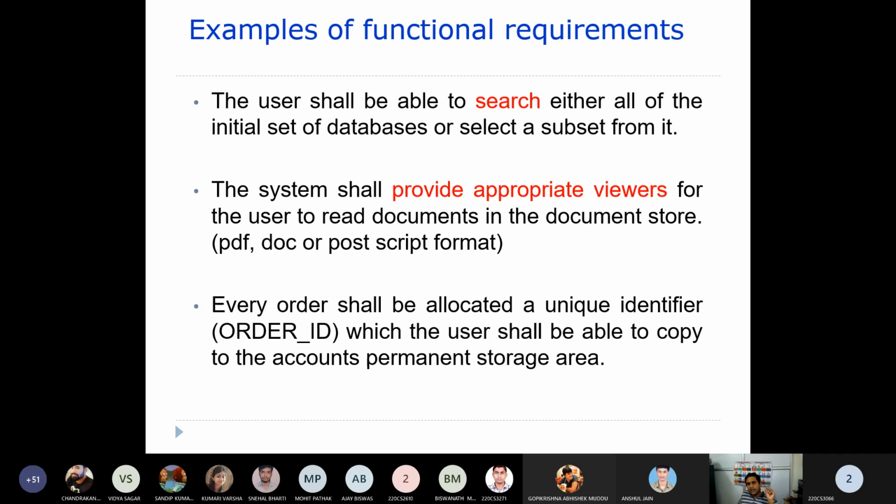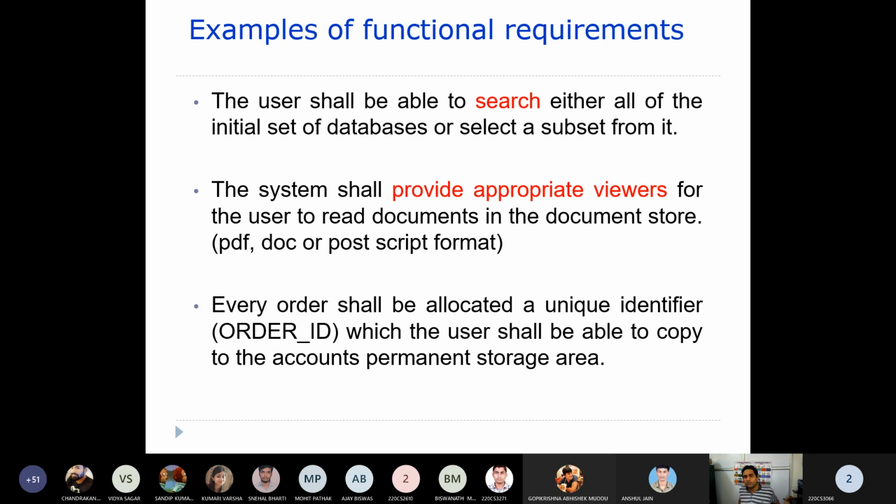So here, searching an article from various databases is one functional requirement, because when you search an article, you give as input the article name, maybe the article title or a relevant name of the article. Then it searches in the database, and wherever it is found, that article will be given to you, telling you that in this particular library this is available and you can download it.